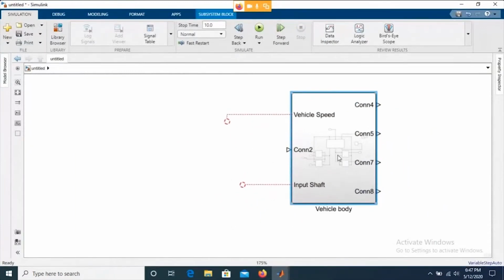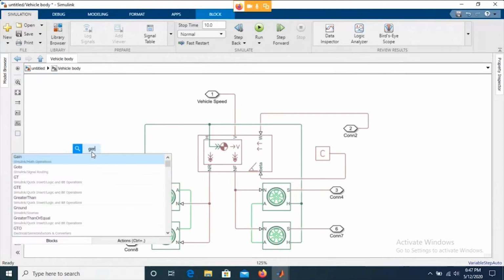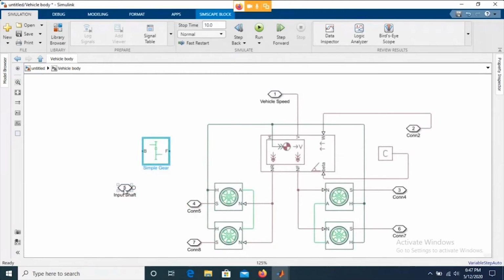What is the important part which we are missing over here? Let me disconnect this terminal and let me add a gear as well. When I search for a gear, there will be a gearbox, there is a worm gear, there is a planetary gear, and there is a sun-planet worm gear. So there are so many gear models available in Simscape. Let me use a simple gear because I'm not quite sure which gear to use, but I'm just interested in a ratio, right?